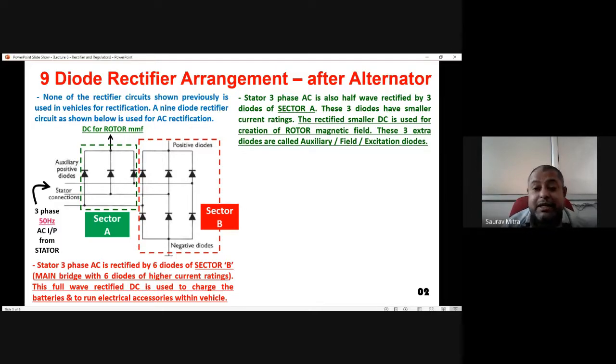Second thing we require is a magnetomotive force inside the alternator. So how to create that magnetomotive force? That means there should be a magnet, but a permanent magnet is not there. Okay, so inside the alternator, the rotor is there, and this is the supply which is taken from the stator supply, which is half wave rectified and going to the rotor, and this is actually creating that electromagnet around the rotor.